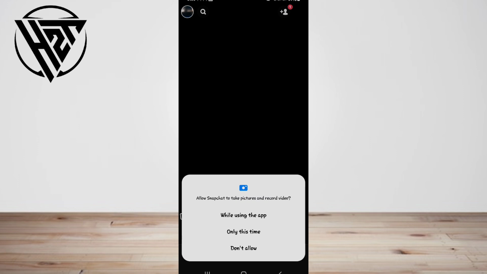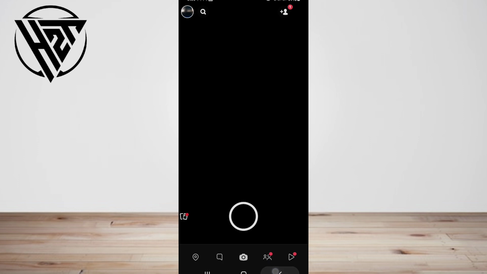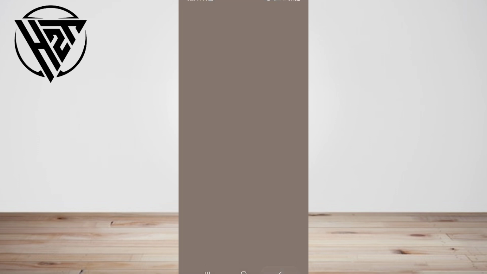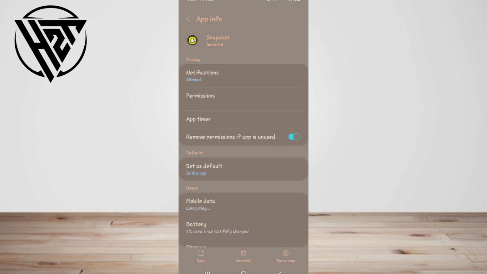Snapchat has finally started rolling out the option to change your username. It's worth mentioning that you can only change your Snapchat username once a year. We have used an Android device for this demonstration, but the steps remain the same on iPhone. With that out of the way, here's how to change it.